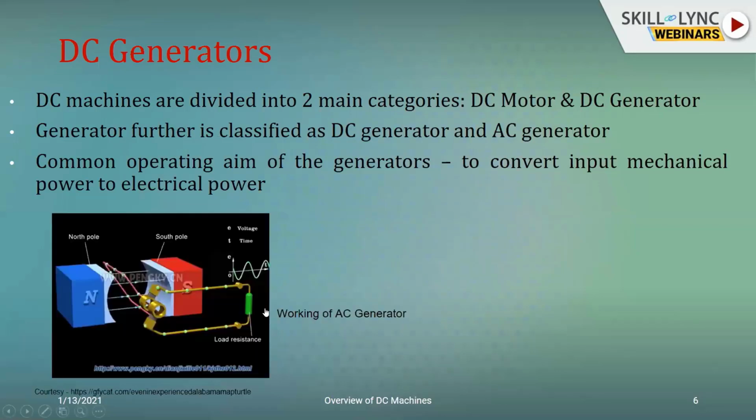I can explain that with the help of this particular diagram. Since it is a DC machine, I'll be making use of a permanent magnet. I have two poles, the north and south pole, and they will be responsible for setting up the working flux, which originates from the north pole and terminates in the south pole. That is your basic electromagnetics, or basic physics.